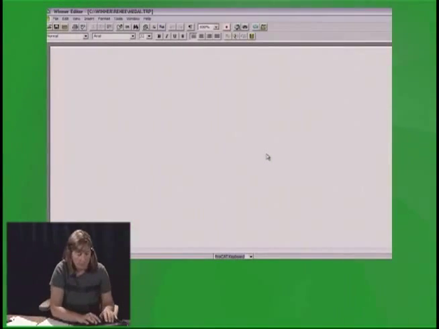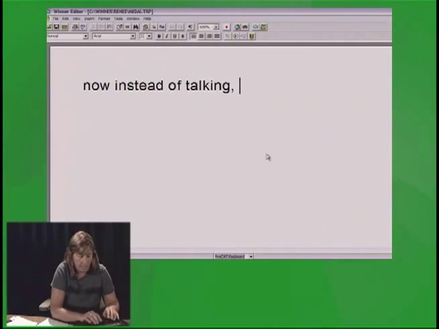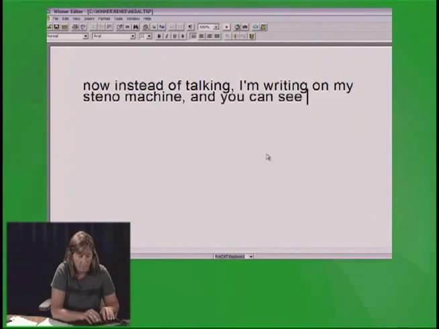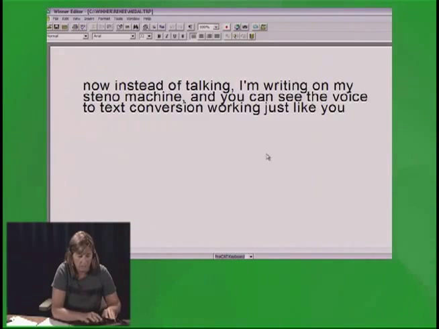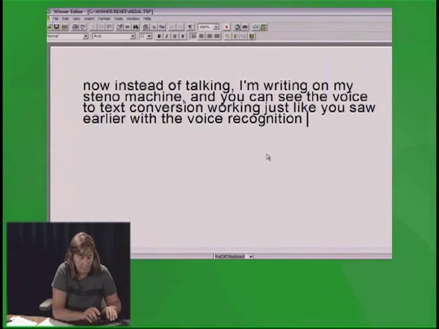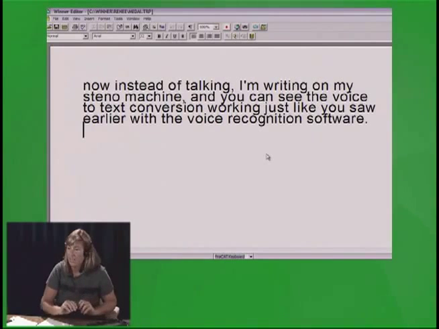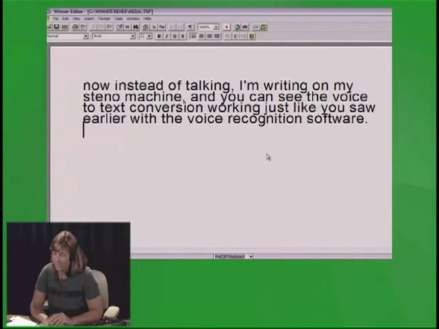software. Now, instead of talking, I'm writing on my steno machine, and you can see the voice-to-text conversion working just like you saw earlier with the voice recognition software. That is basically how it works. The words come up on the screen, and it's just a matter of choosing which tool you would like to